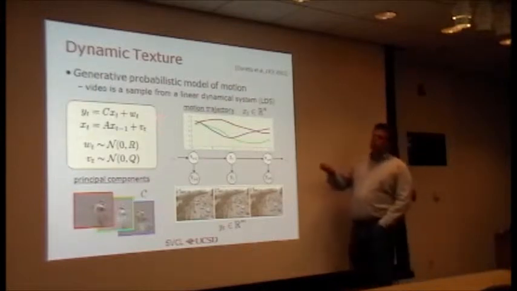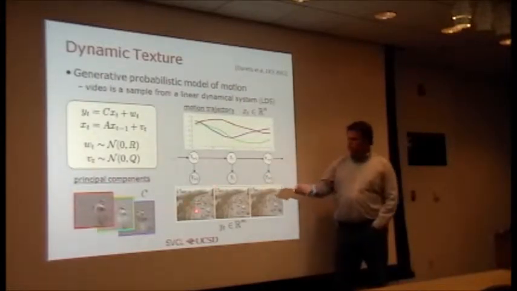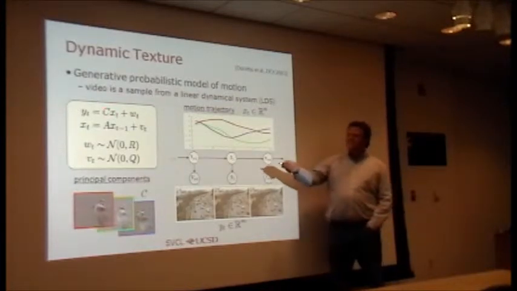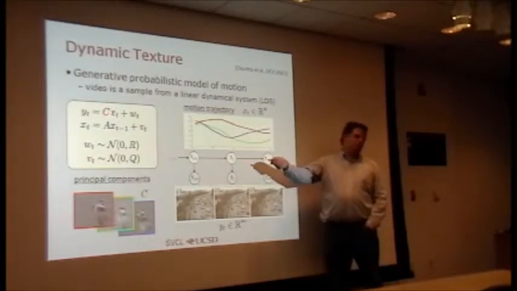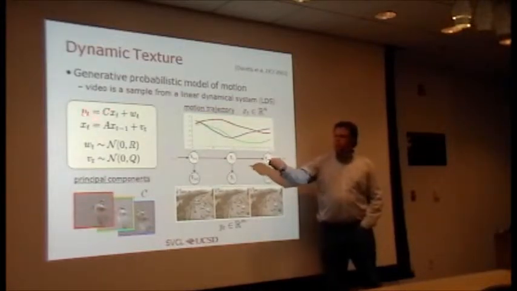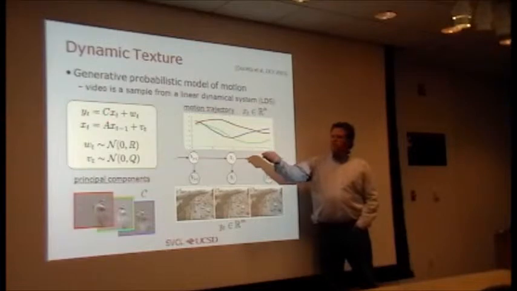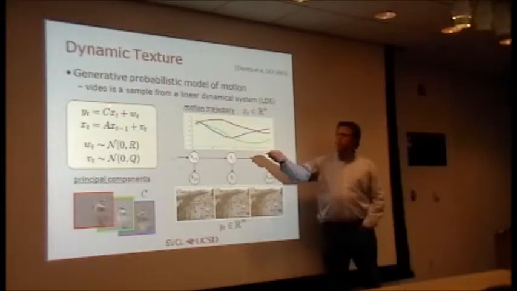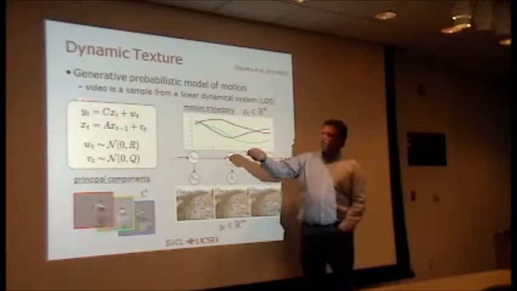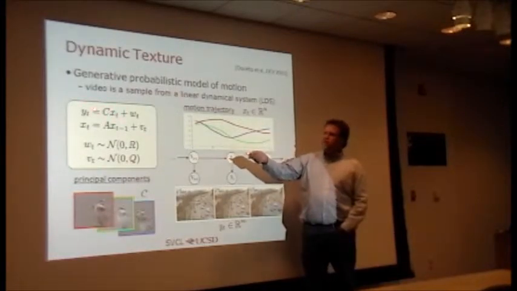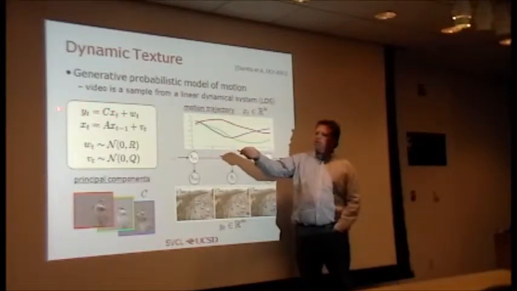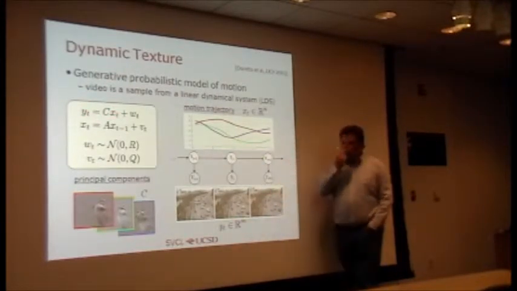If you look at these equations, y, the observed variables, is related to the state x by a linear transformation. You can think of this as a principal component type of decomposition, where the state is the coefficients of the principal component analysis, and the columns of the matrix C get linearly combined by these coefficients and are used to reconstruct y.